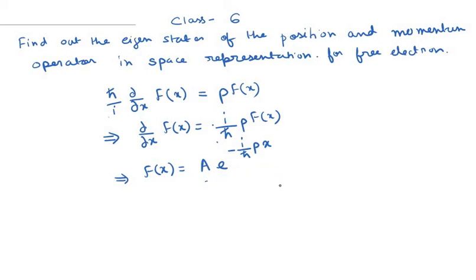So what we do here is we use the Dirac orthonormality condition. We replace this A by the constant 1 by root 2 pi h bar. Remember that we use the Dirac orthonormality condition only for a free electron. If I replace f(x) this way, the inner product of f with f basically becomes equal to the delta function